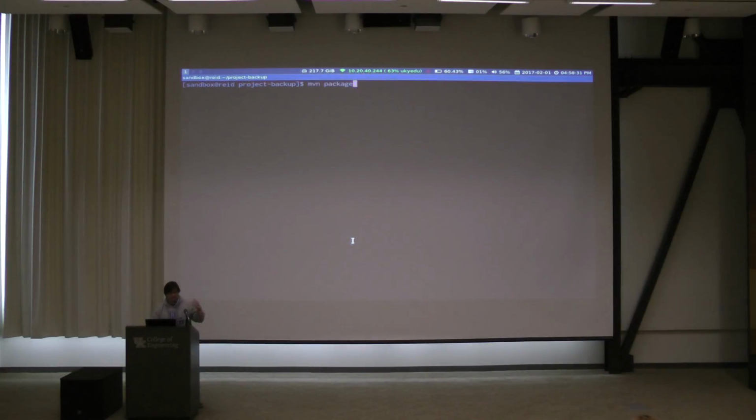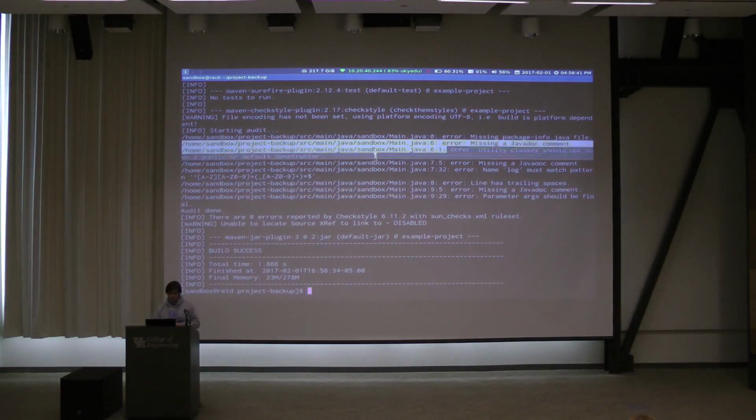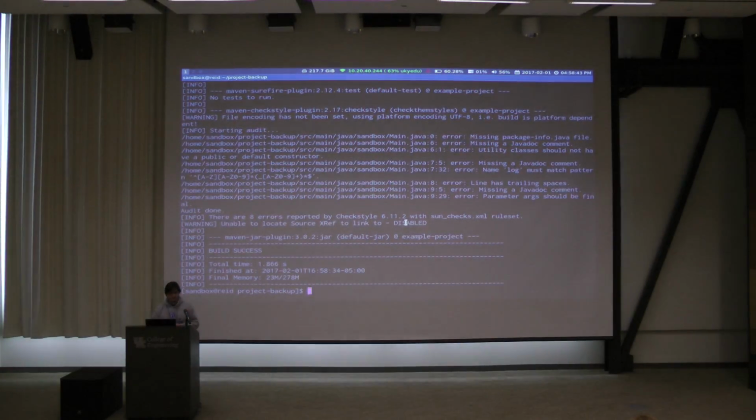Okay. It actually showed the output there, but I'm going to run it again without all the jar stuff. Okay, so you can see checkstyle is running now. I told it to run at that phase of the project, and it's given you a bunch of errors. So it's very picky, by the way. And it checks not only the style of your source files, but how you're building the jars and stuff like that too. So, well, I'm out of time, so I guess if you all have any questions, we have a minute. Does anyone have any questions?